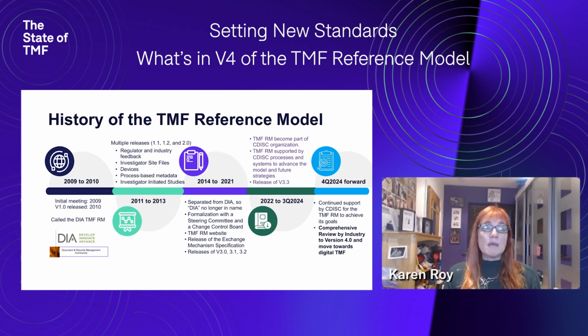We formalized the steering committee, which is what we now have, 14 people running and controlling the path of the reference model. We released the exchange mechanism, which was basically how we can move things between different systems. It was a great effort, but there was definitely something that was restricting and stopping what we needed. And anyway, we released the next version 3.1,